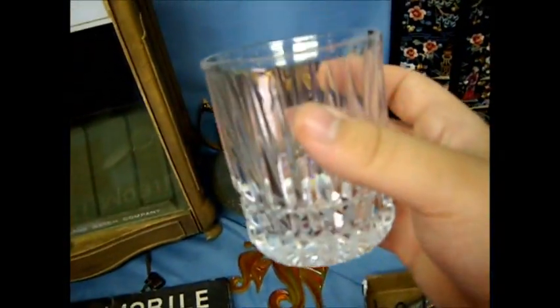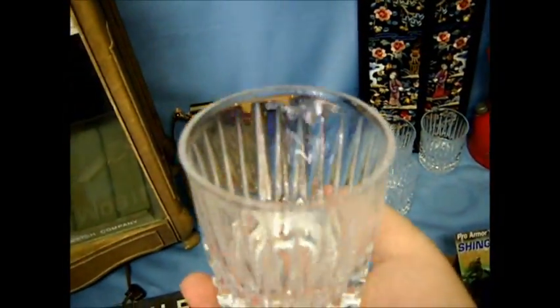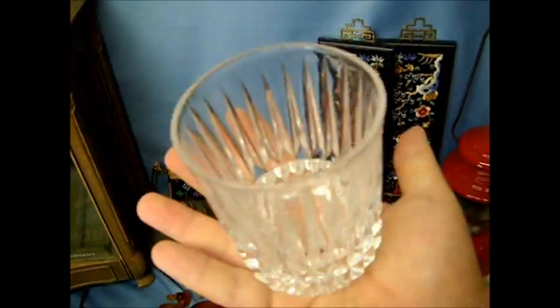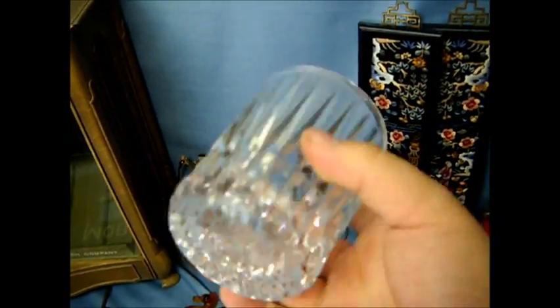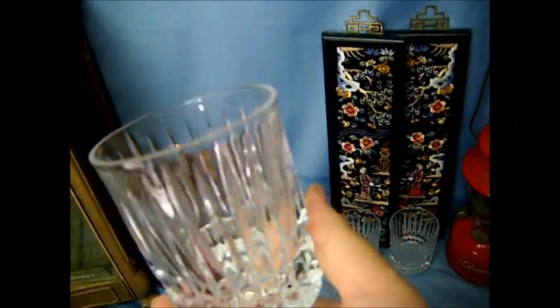This is something I'm always on the lookout for. These are cut glass. I think they're crystal, actually. We got a set of 4 tumblers, and you can tell that they're really nice because they're heavy. This is heavy glass, and all of this here is pretty sharp too, so I think it's partly cut. No chips and no names is an important thing, but just as a set of nice tumblers,